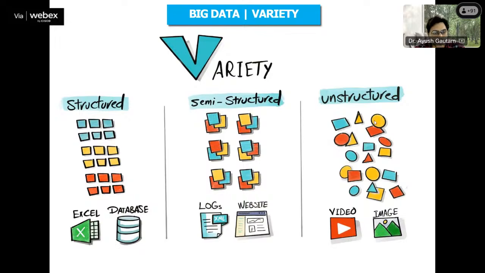One is the variety of the data, meaning data which is available in structured form. Structured data can be easily analyzed in Excel, and you can store it in databases. But if the data is in semi-structured form, like log files, CSV files, which are text files, JSON files, you might have heard the name, and the data written in the coding behind your website, then all of that data is called semi-structured data, not unstructured. Those data have been structured in logs or in the website. Then comes unstructured data, which means data in terms of video or images.